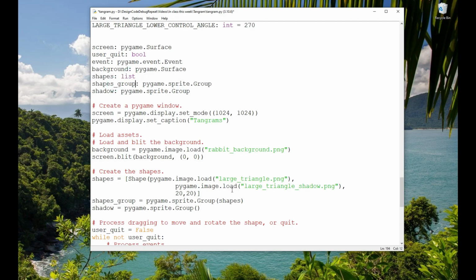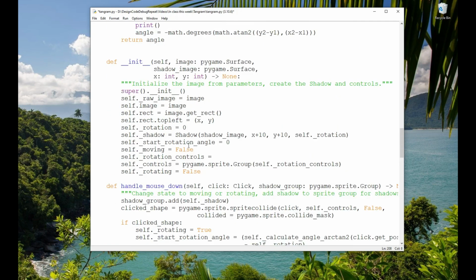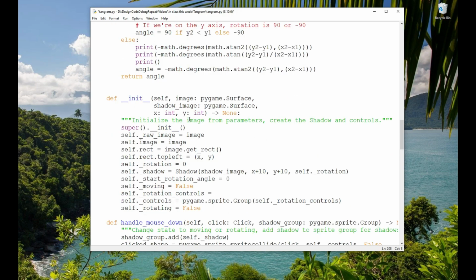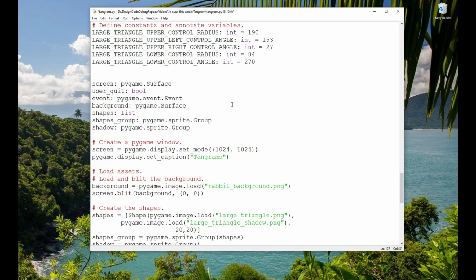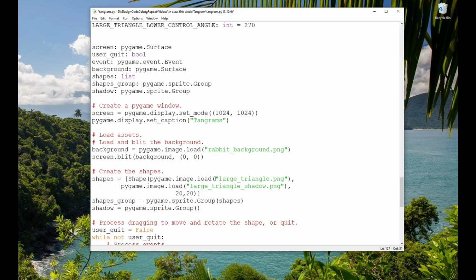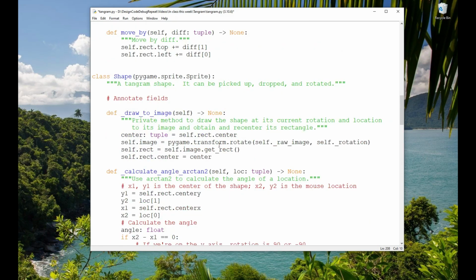Okay. So we have the one shape, but instead of passing in the shadow image, we're going to pass in the shadow itself, which is another sprite subclass. It doesn't do much. It just draws basically and moves and rotates. Okay, so there. I guess that's just a location. So we're also going to pass in